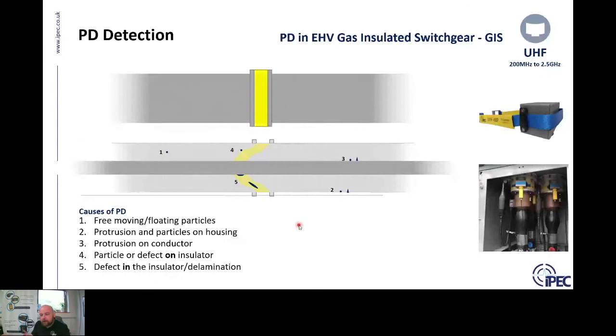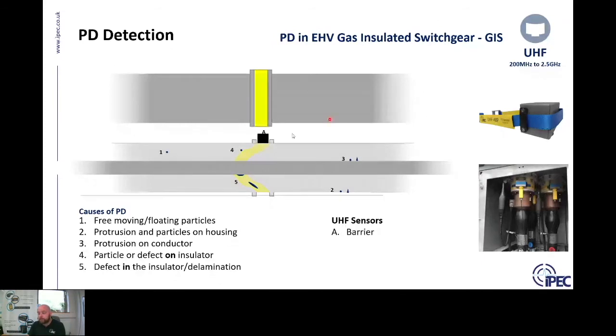conductor. So for GIS, we use a few different types of sensors. UHF sensors are typically what's used because EHV GIS is sealed. It means that most lower frequency component signals, so typical signals in the frequency of, say, TEV sensors, like the previous sensor I mentioned, the lower frequency signals will struggle to escape from the GIS switchgear. And so it's only on the UHF level, the ultra high frequency level, where the signals are able to escape. And typically they escape through the barriers here, in which case we would use barrier sensors. So if there are barriers, we can attach an external, often known as a barrier UHF sensor,